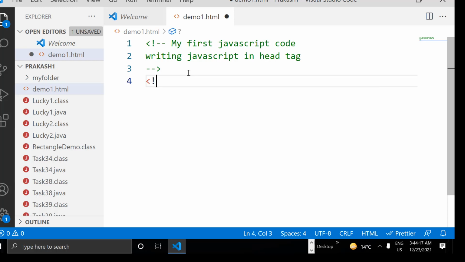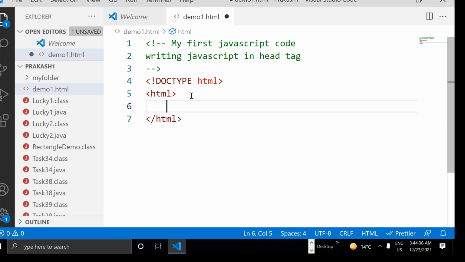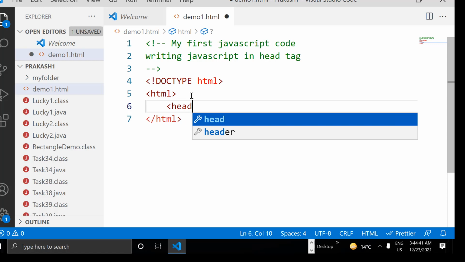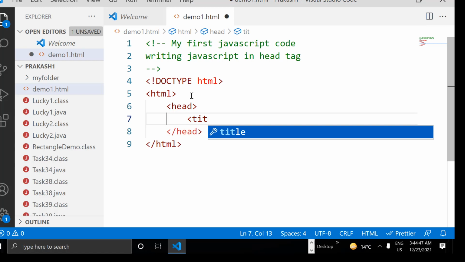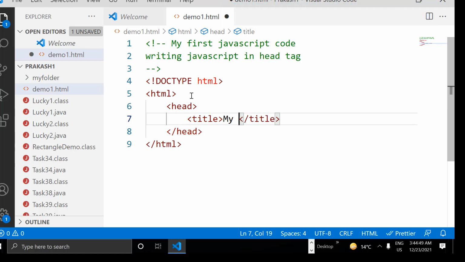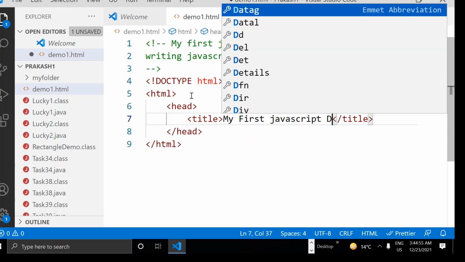doc type, means you can go for it. HTML, like that we do it. In HTML5 we need to write it, guys. Doc type HTML declaration, and after that we write the regular tags like HTML open close. When you open the tag, automatically closing tag will come, and head tag open and closed. Inside head tag I'm writing a title, guys. So what is the title of the web page is I said my first JavaScript demo, I said.